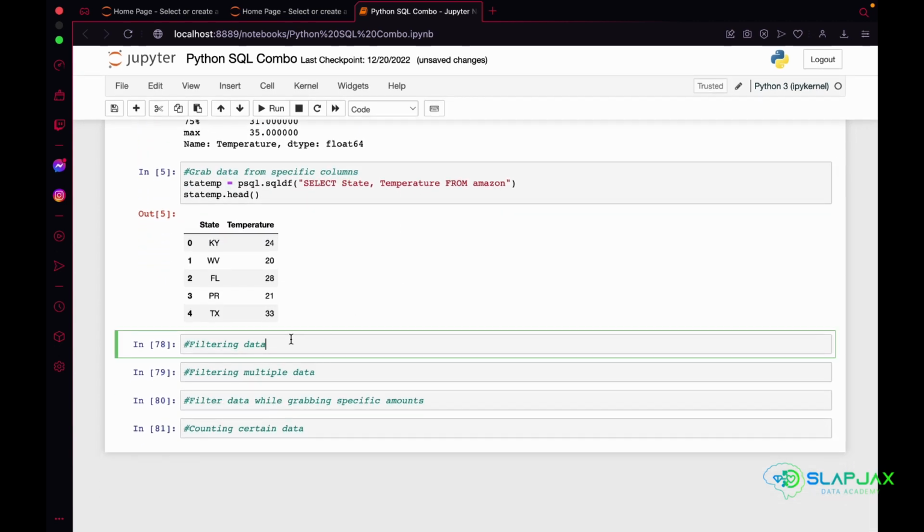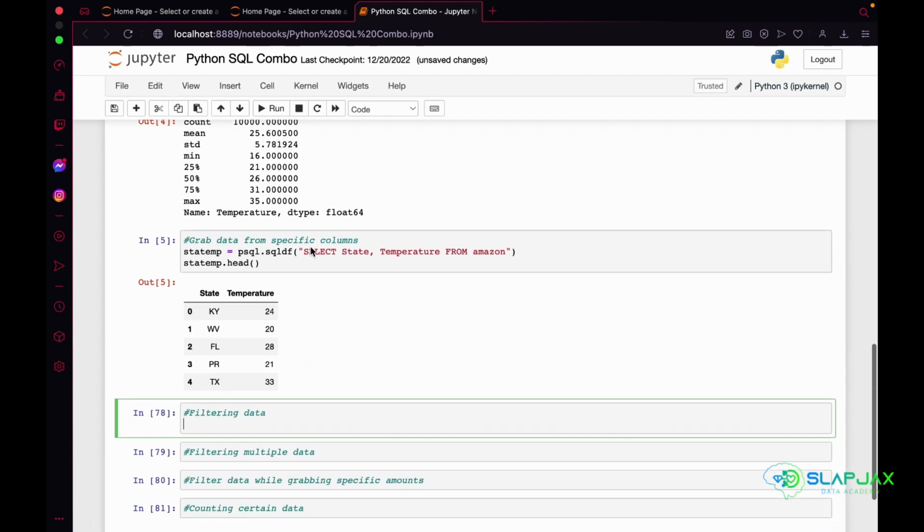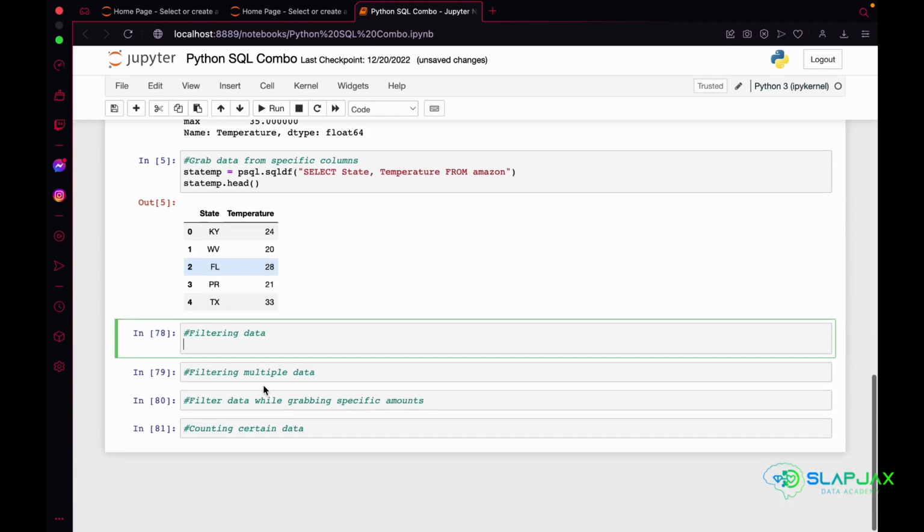Okay, next we want to filter the data. So let's say we want to grab all the cities that equal Louisville, right? So just grab all the cities right here. In order to do that, we just need to type in our desired value, which is city. Okay, then again type this in